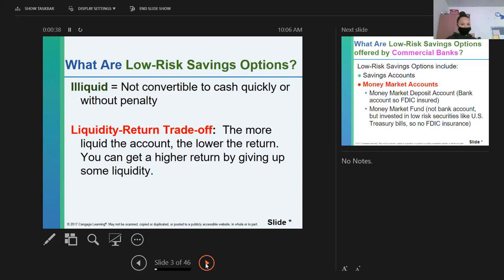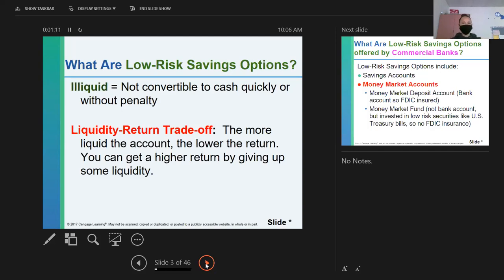So first thing, illiquid means it's not convertible to cash quickly or without penalty. We've talked about liquidity, how quickly you can convert something to cash. So you want to make sure that you have some liquid assets so that you can have that as an